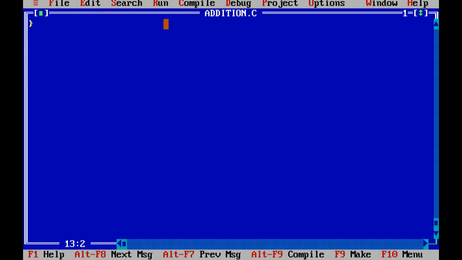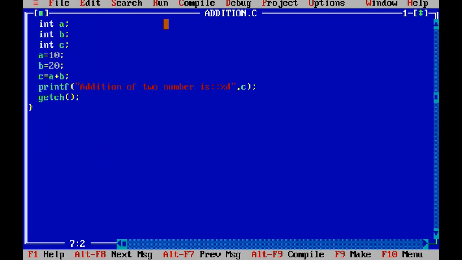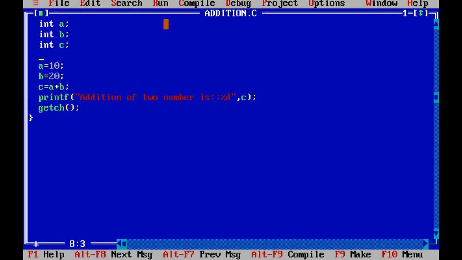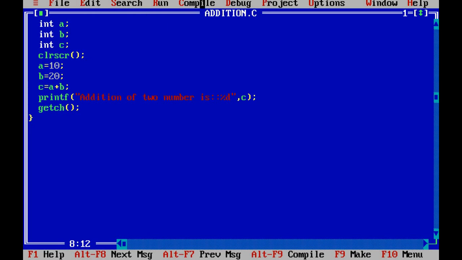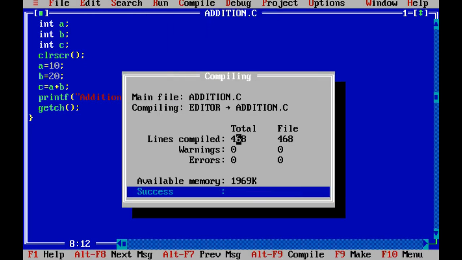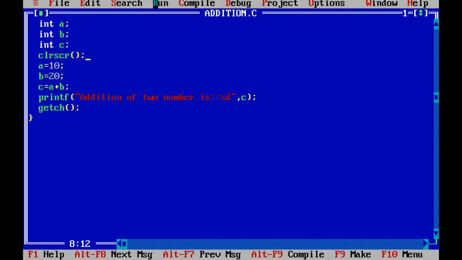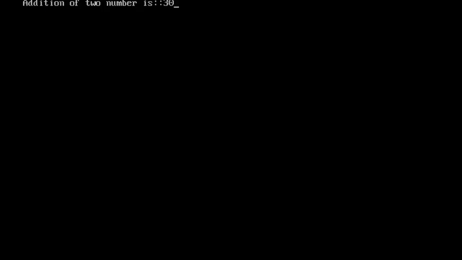Just after the opening brace, press enter and give the clrscr function. Now go to file, just save, then compile the program again, then run. Okay, now see what happened.